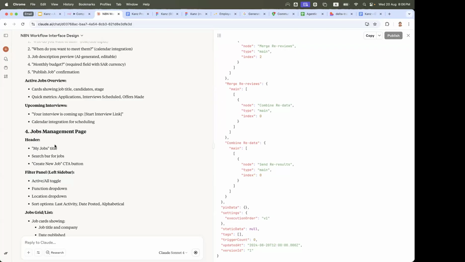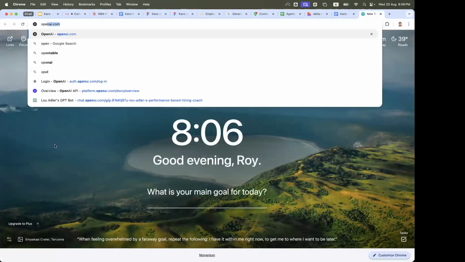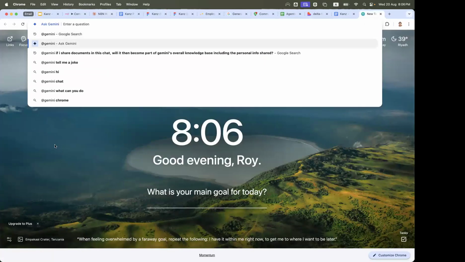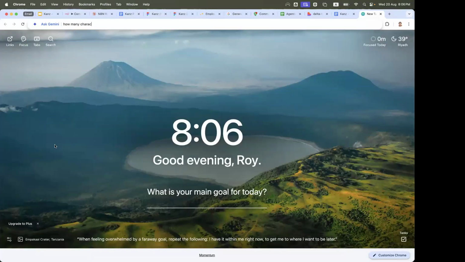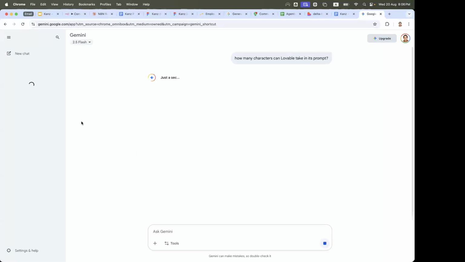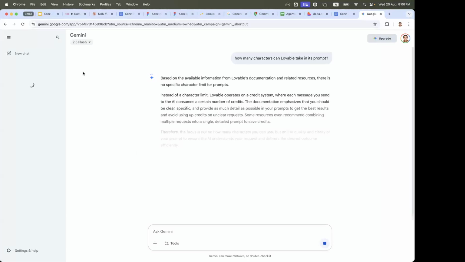While it's talking, just because I'm impatient, I'm going to open Gemini, and this is a nice little trick. You can add Gemini, hit tab within Google Chrome and ask, how many characters can Lovable take in its prompt? I use Gemini for a lot of daily questions.